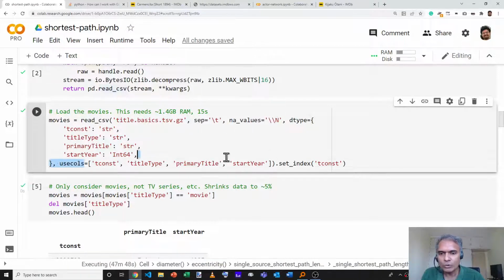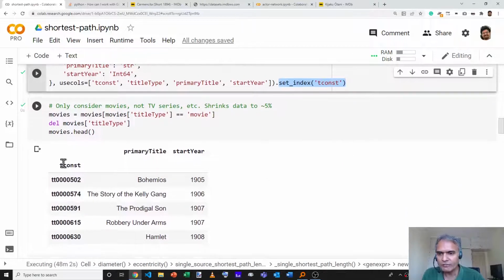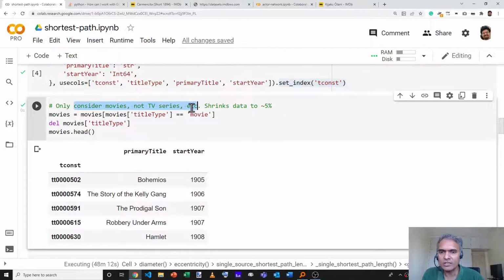Finally, we say the only columns that we want are these four: the title ID, the title type, the primary title, which is the title name, and the start year. And we also set the index to tconst so that we'll be able to refer to it by this ID. To give you a feel for what the output looks like, this is the tconst as an index. We'll have the primary title and we'll have the year. But what I'm also doing here is only considering movies, not TV series.